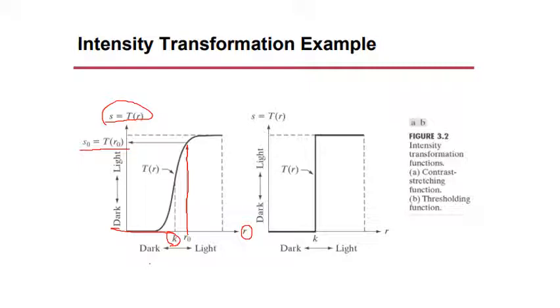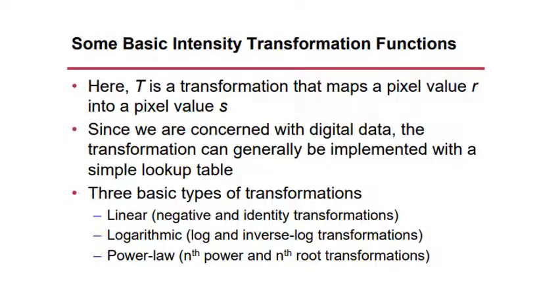So basically in thresholding you have only two values, either a very high value or a low value. Even that value mapping may not be 255, I am just giving an example. If any value is greater than k, map it to one value. Any value less than k, map it to another value. Isn't it as simple as that? Of course, we will be studying more about thresholding in future modules.